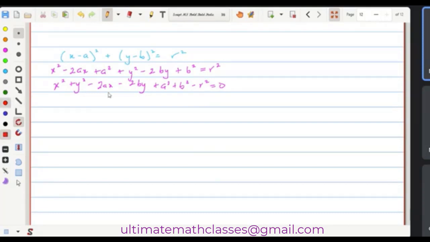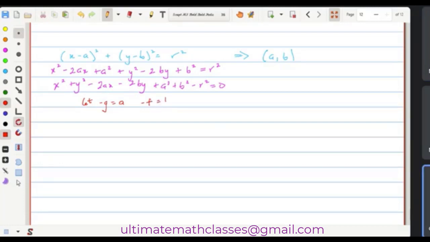So instead of working with this negative, I can do a substitution that is going to get rid of the negative. So notice that the center of this equation was a, b. There's the center of the equation. I'm going to modify this a little bit by saying that I'm going to let a variable, let's say g, be such that negative g is equal to a. Then I can also say let negative f be equal to